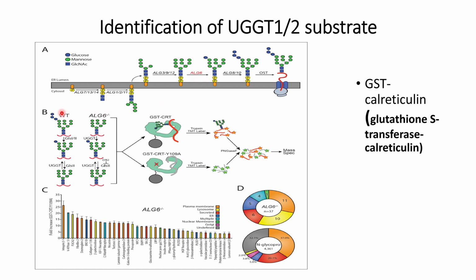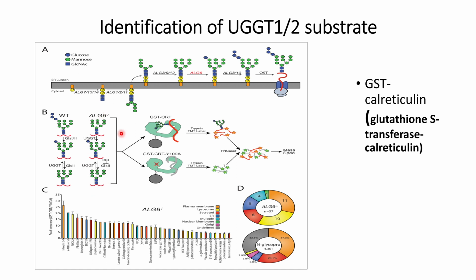The experimental design is presented briefly in the second, or B, panel, and this is the wild type, where we can see that the glucose 3 mannose 9 N-acetylglucosamine 2 structure is formed, which can bind to the signature site in the polypeptide chain of N-glycans, that is NXT, asparagine, any amino acid except proline, and serine or threonine. However, in ALG6,